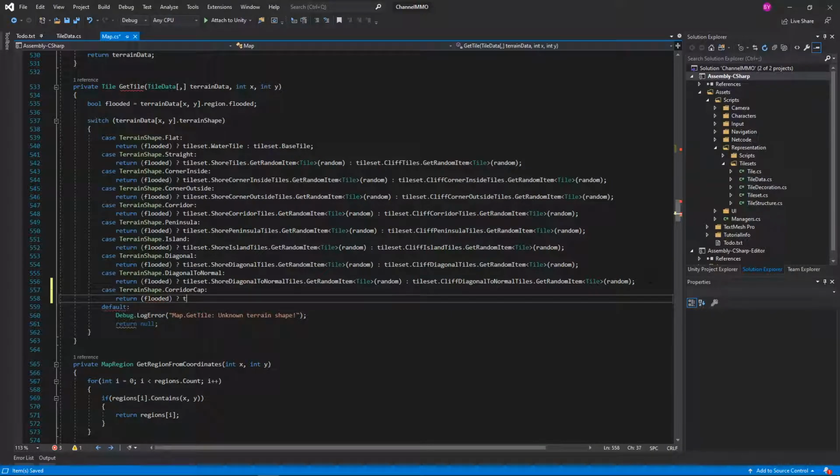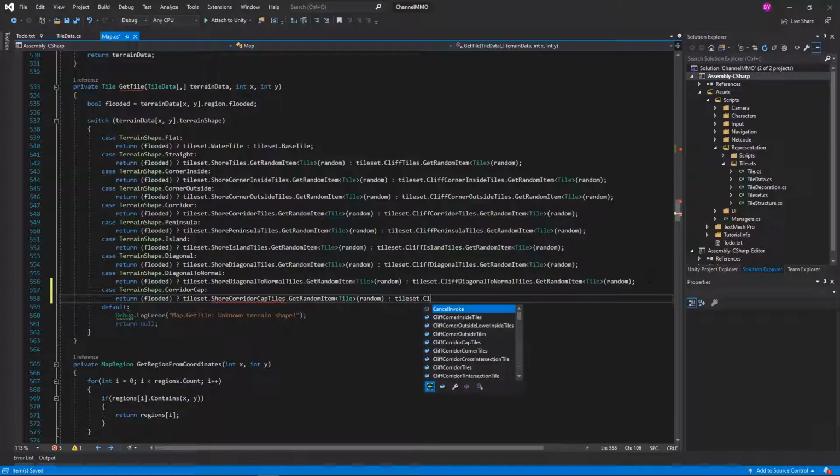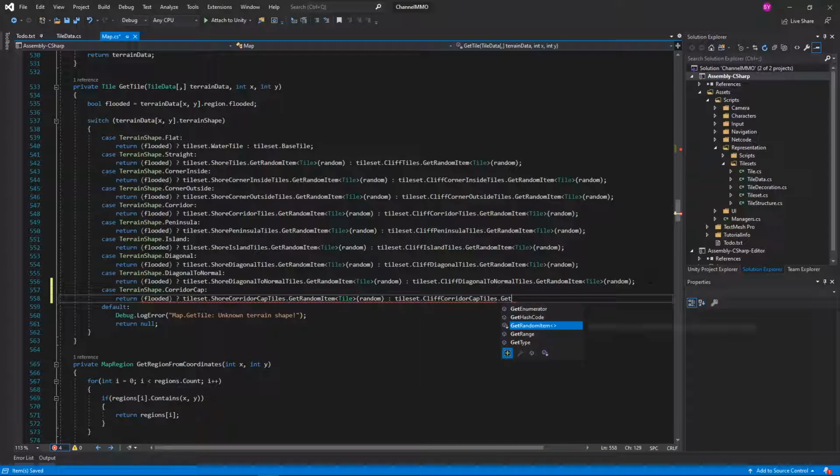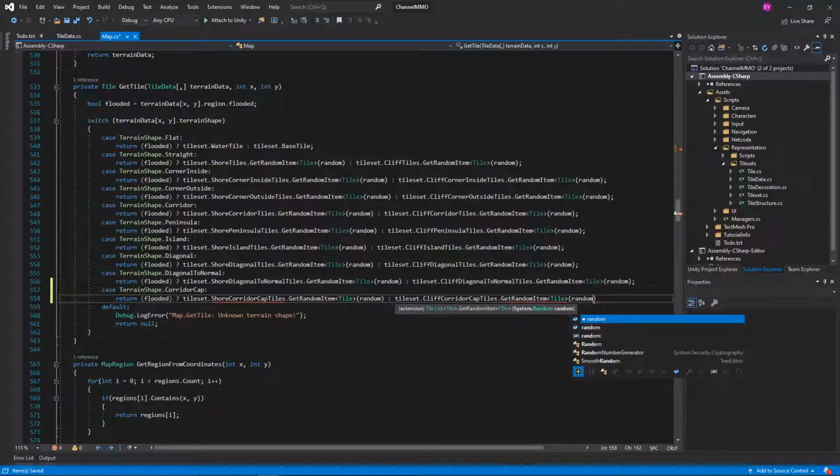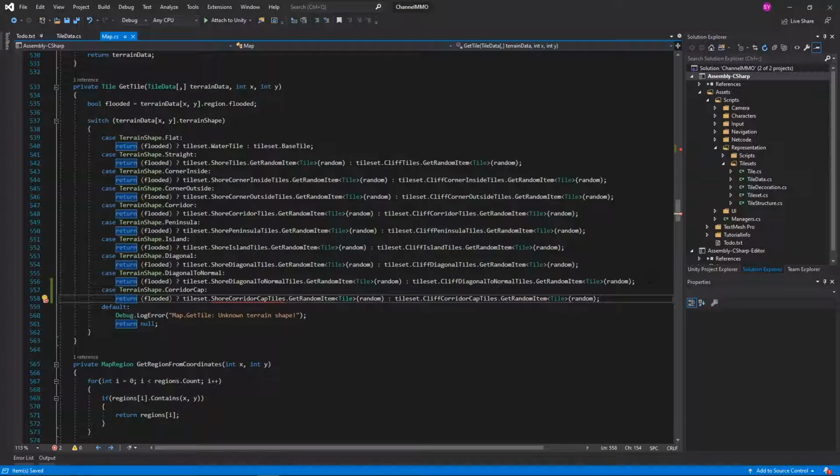If true, we will return tileset.shore corridor cap tiles, which doesn't exist, .get random item of type tile, and we'll pass in our random generator. Otherwise, we will do tileset.cliff corridor cap tiles .get random item of type tile, and then we'll pass in our random generator. Excellent. So that supports that, but we don't have our